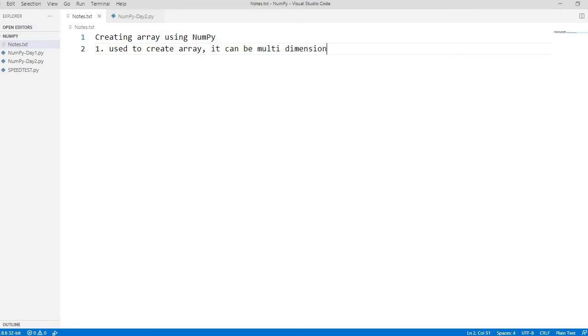The object used inside NumPy is called ndarray. The ndarray object is responsible for creating the array, and the function that returns an ndarray is array. So while using NumPy, if you write numpy.array and pass a collection of items as parameters, whether it's a list or something else, it will create the ndarray.